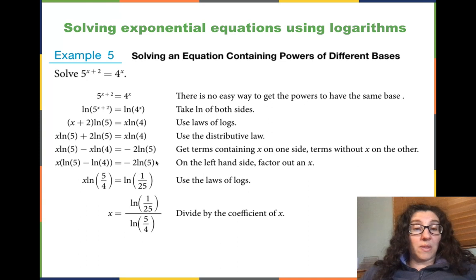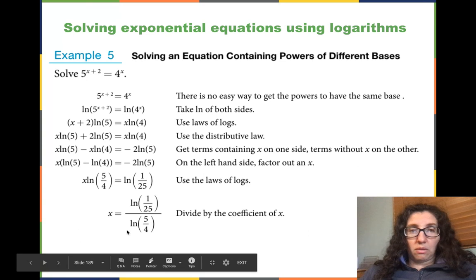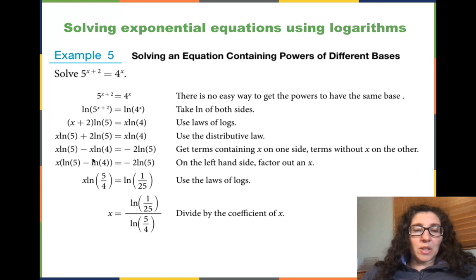So they rewrite this using properties of logarithms, right? They say this is an exponent of negative 2 to get natural log of 1/25. You're just looking for a number here, right? So you can combine this, not combine it. At any rate, then you divide by natural log of 5 minus 4. At this point, you could have divided by this, right? Just to get x equals negative 2